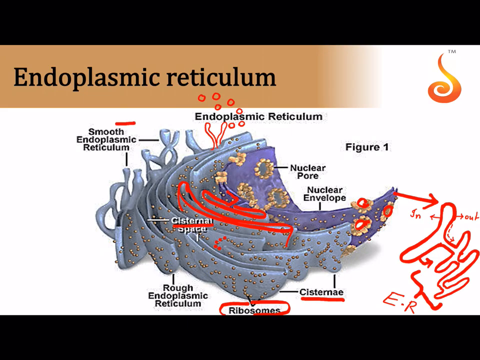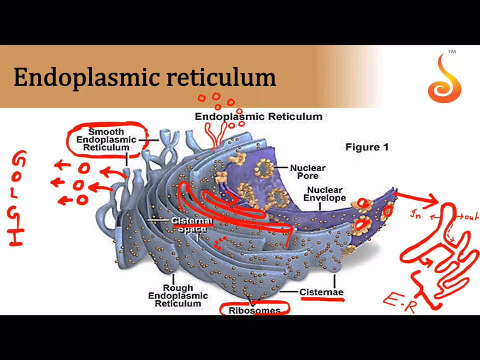And notice how the rough endoplasmic reticulum gives out a system of tubes or canals or even flattened membrane structures which do not have what? They do not have ribosomes on them. So that is referred to as the smooth endoplasmic reticulum. Now from the smooth endoplasmic reticulum, these vesicles come out, and these vesicles go on to join another cell organelle that we will be discussing now, that is called the Golgi complex. So remember that the smooth endoplasmic reticulum is a bridge between the endoplasmic reticulum and the Golgi apparatus.